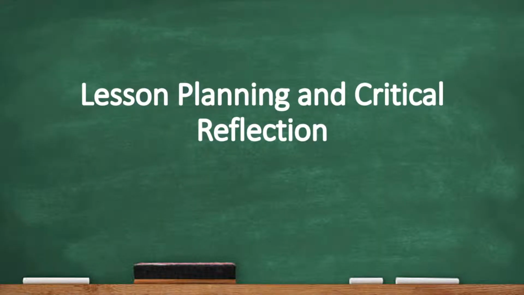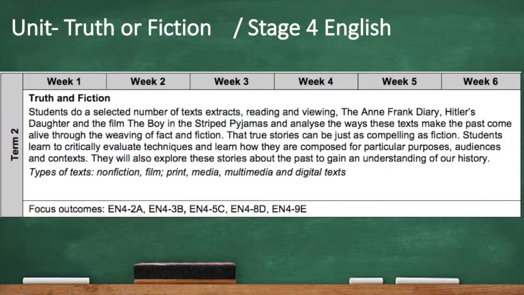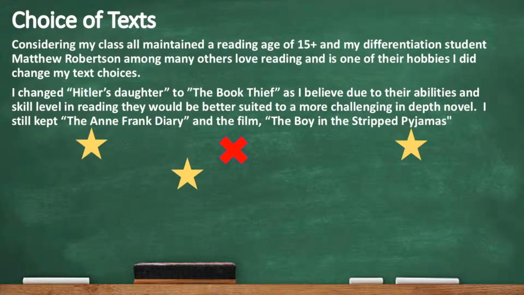Lesson planning and critical reflection. The unit is Truth or Fiction and it was designed for a Stage 4 English. It is based around the Holocaust. So, choice of text. Considering my class all maintained a reading age of 15 plus and my differentiation student Matthew